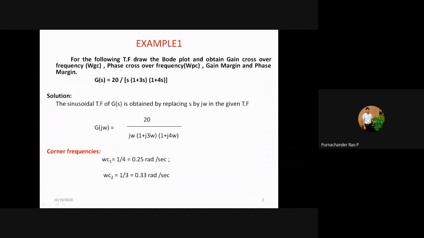Okay, so for any given transfer function, we need to draw the Bode plot. And after drawing the Bode plot, we need to find the gain crossover frequency, phase crossover frequency, gain margin, and phase margin. So these are 4 things we need to obtain from the Bode plot. First of all, we need to take the sinusoidal transfer function while you are taking the